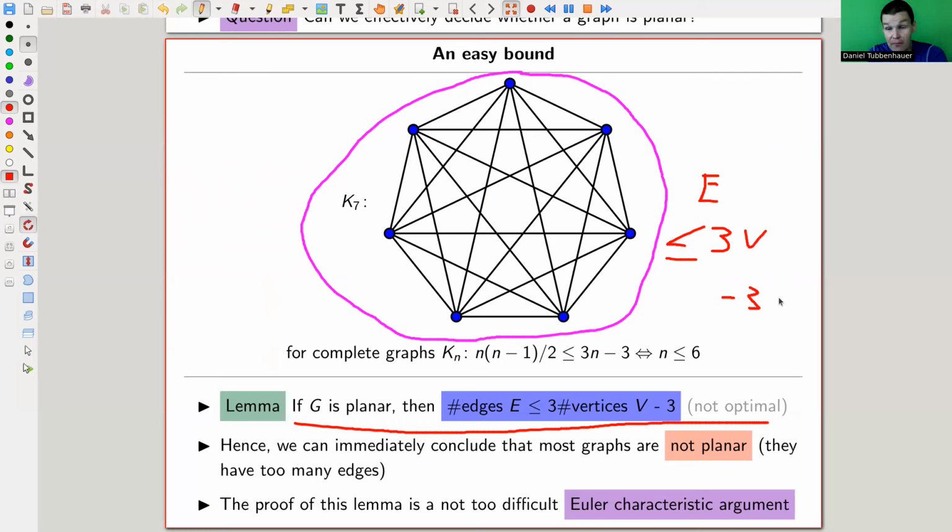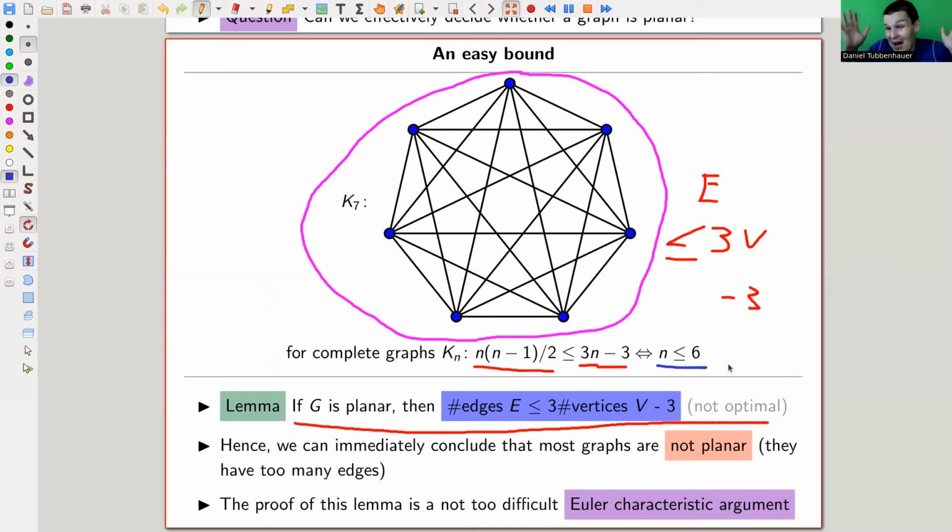Right? So only few edges compared to the number of vertices. For example, for our complete graph here, this is the number of edges, n is the number of vertices. So you get this equation that n times n minus 1, which is a polynomial of degree 2, should be smaller or equal than a linear term. And this is usually not going to happen. And you can just solve and you see that this one holds if and only if n is smaller than 6. Okay. So you can immediately see from this bound that K7, K8, K9, K10, whatever, they're not planar, and